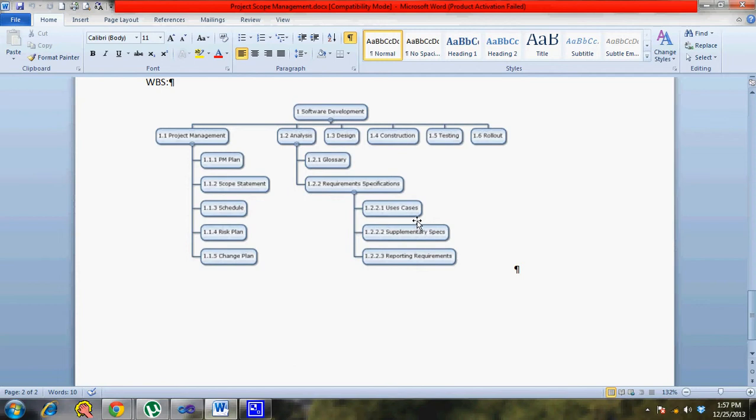If you break down use cases to just writing about the login use case, that might be too much of a breakdown, where people who are part of the same team have to share the information and do it, and then it becomes unmanageable. So you have to break it down to such a level that it can be easily allocated and you can easily control and manage how things are getting done.